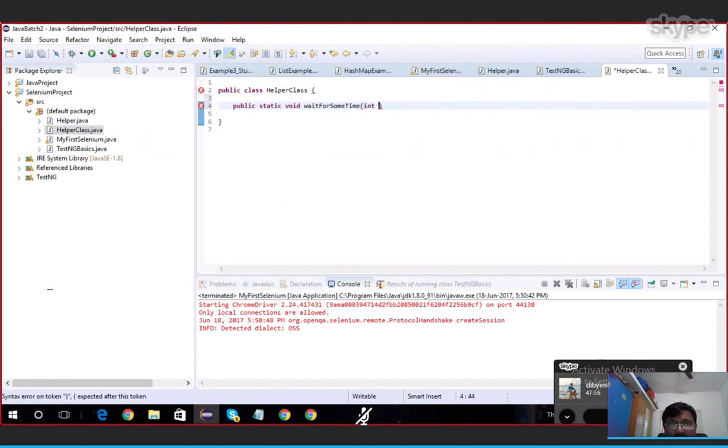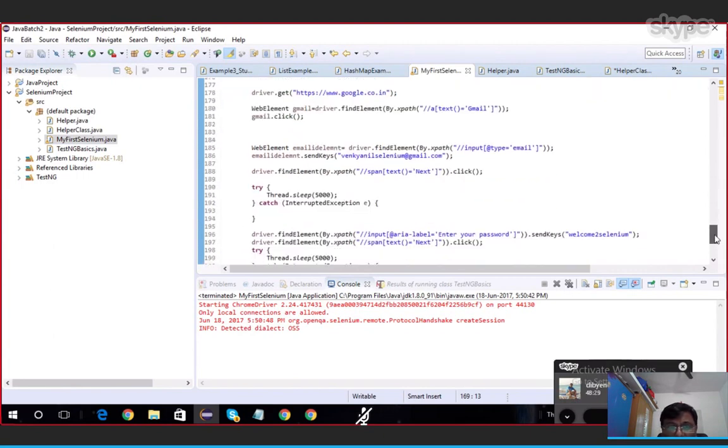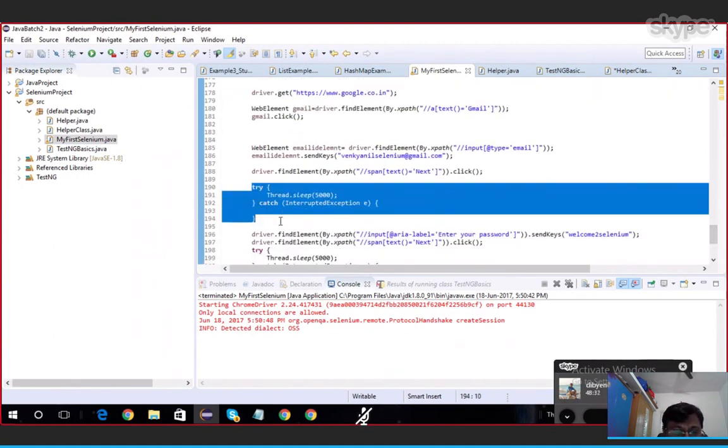Okay, int time in milliseconds. Okay, so what I'm trying to do is whatever the time you will pass, whenever you call this method, those many number of milliseconds I will wait. Okay, instead of writing everything here, I'm going to remove these statements and put it here.